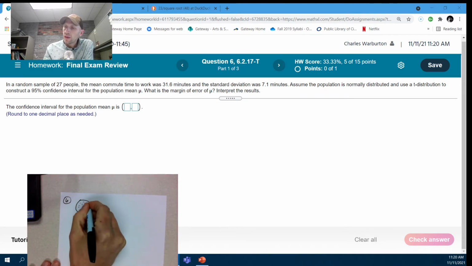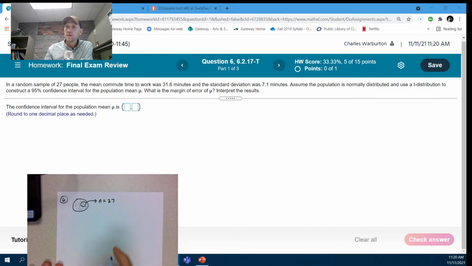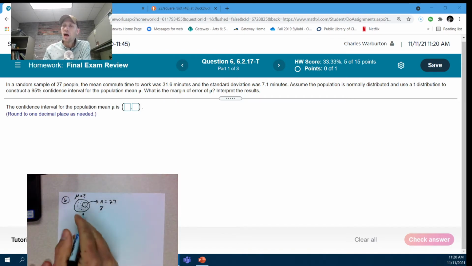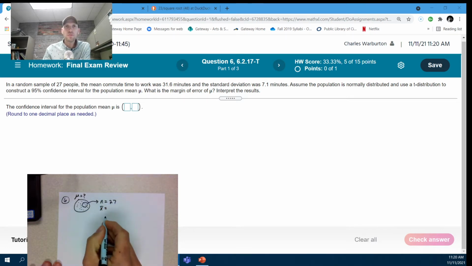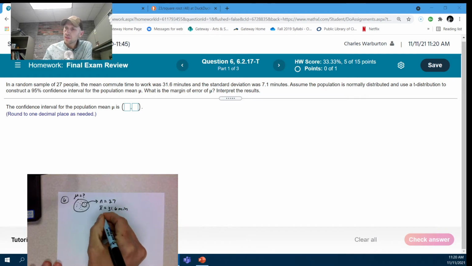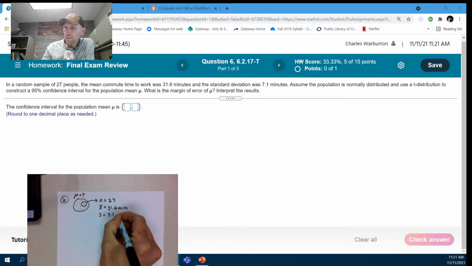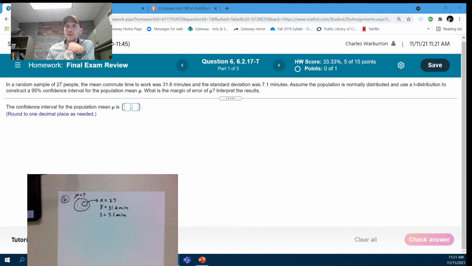So I take a sample, and my sample size is 27 people. From those 27 people, I can get a sample mean. Remember, the question is, what's the population mean? That's notated by the Greek letter mu. Well, my best guess is to get a sample and get a sample mean. The sample mean time was 31.6 minutes, and not everybody was 31.6. A typical deviation away from that, a standard deviation, would be like 7.1 minutes. This is all given information up in the problem. And then they want us to use a t-distribution to get a